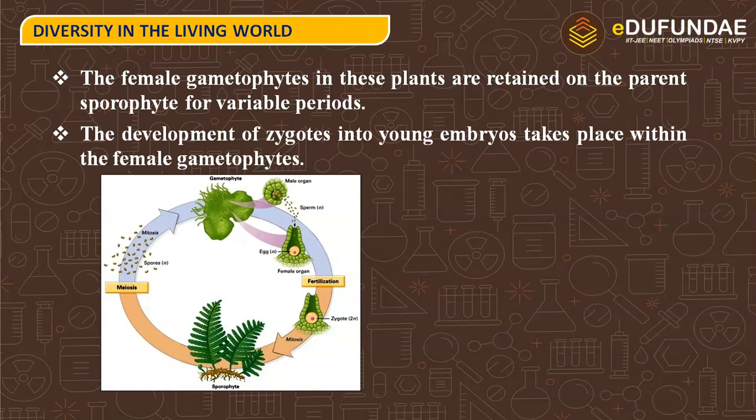Gametophyte will lead to the formation of the male and female organs, that means the antheridia and archegonium, and they will be leading to the formation of the sperms and the egg. The sperms are motile because it is oogamy, and that is why they will be coming to the egg and will lead to the formation of a diploid zygote.